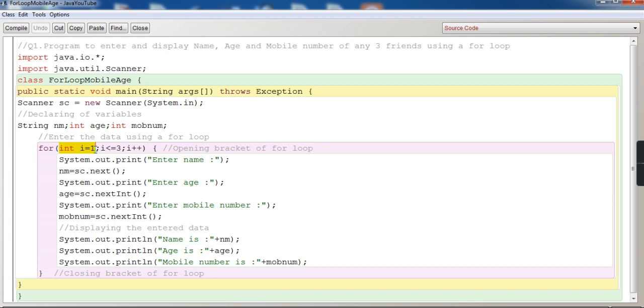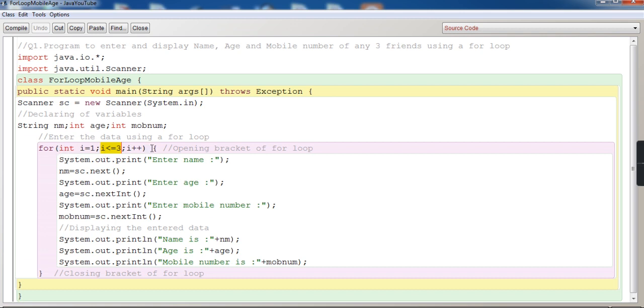After the semicolon there is a test expression that says i less than equal to 3. It is tested for true or false. As i is 1 in the initialization, 1 is less than 3. That is true, and as it is true, it will enter the body of the loop.